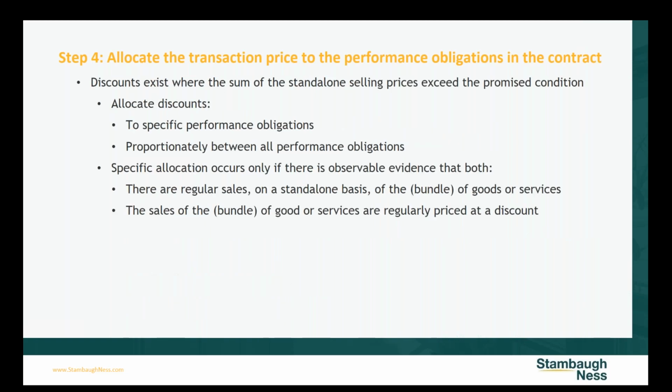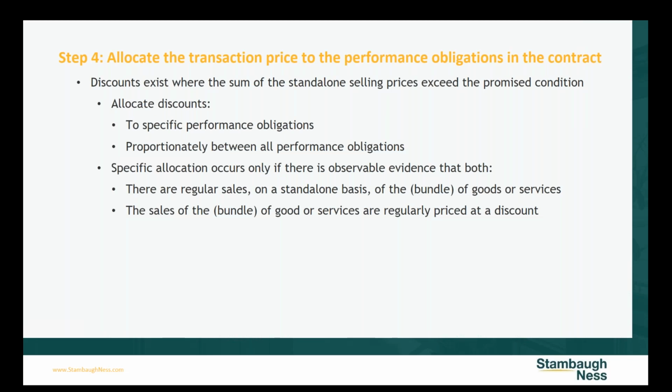So what happens then is we create these standalone selling prices for all of our performance obligations. And remember, if we're not using the residual approach, we're not taking into consideration our transaction price. We're just coming up with prices for the individual performance obligations, which could exceed essentially our transaction price or the promised condition of the contract. So then we would have to allocate discounts across the performance obligations. And we'll see this in the example here in our upcoming slide.